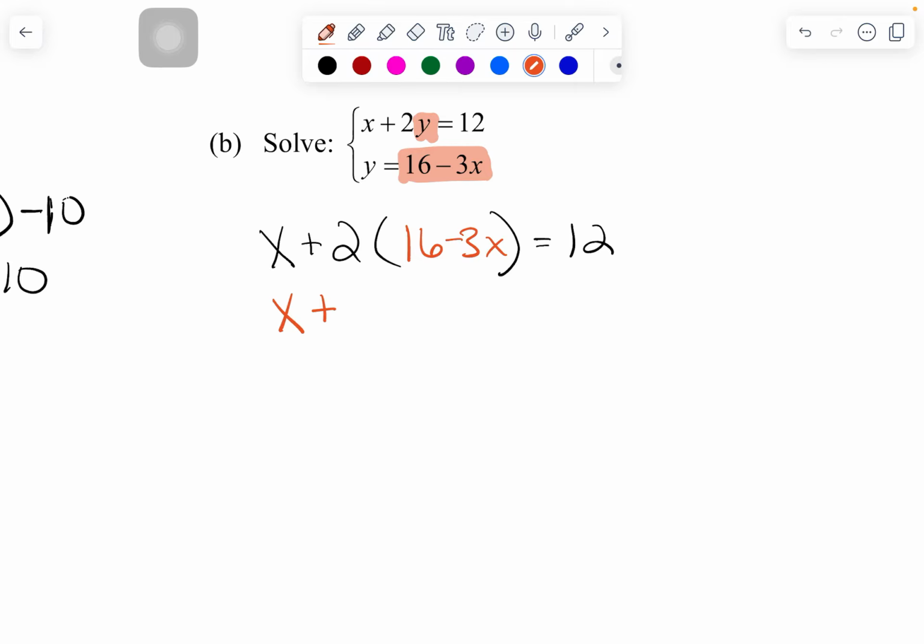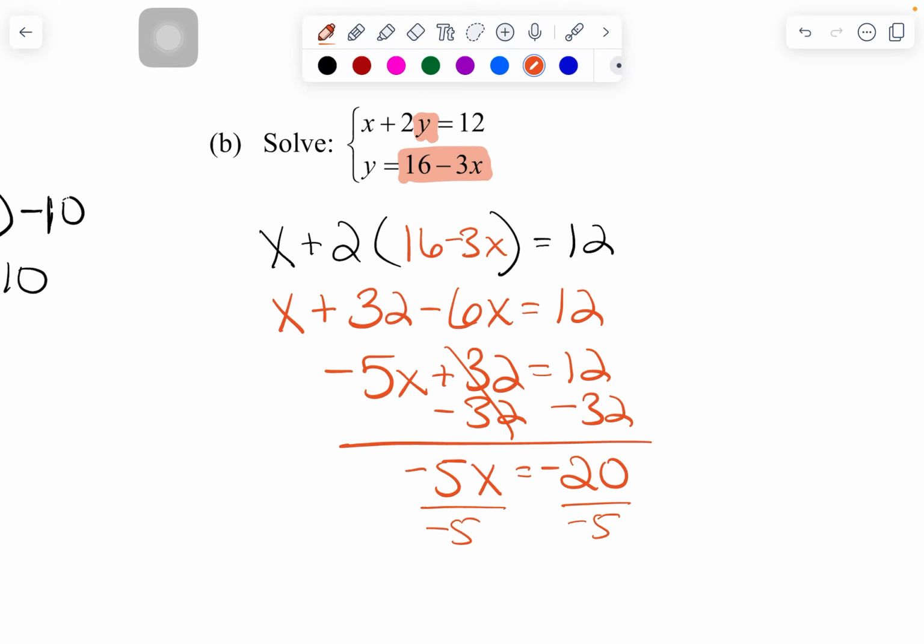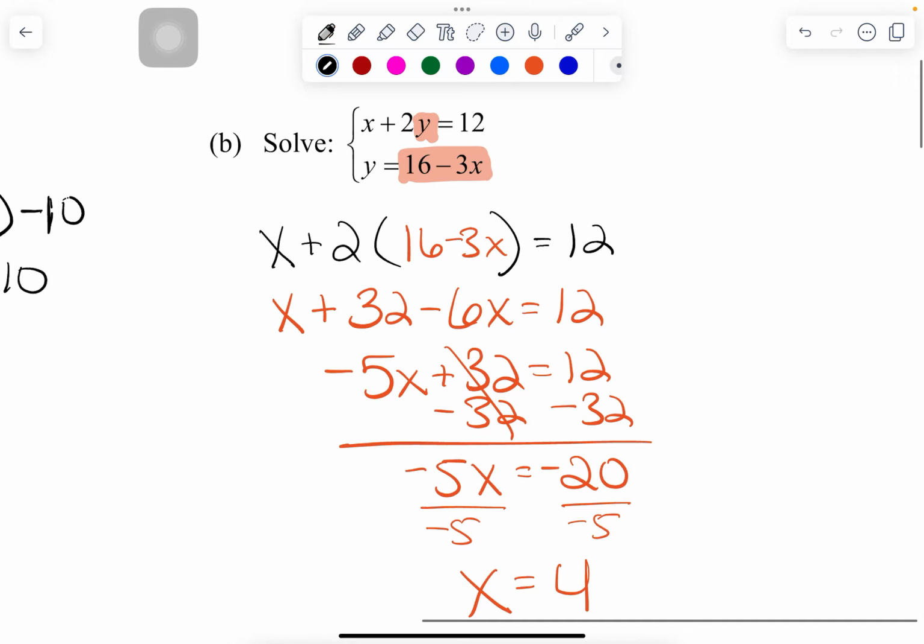So x plus, let's see, 2 times 16 is 32. Minus 6x equals 12. Let's see, x minus 6x is negative 5x plus 32 equals 12. I'm going to subtract 32 from both sides. Negative 5x is equal to negative 20. Dividing by negative 5 on both sides. After all this hard work, we're going to get x equals 4, which is great, fine, dandy, wonderful, but not